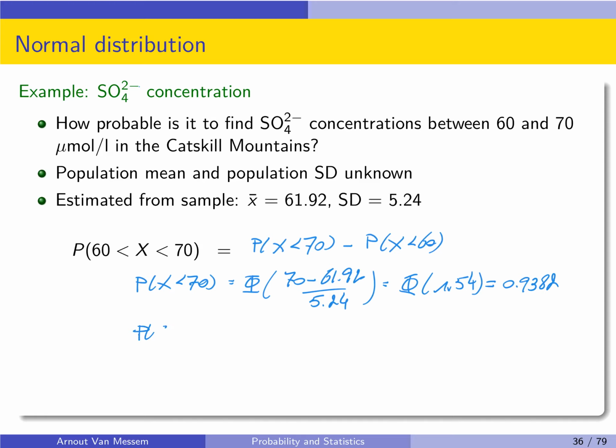In a similar way, you can calculate the probability that x is smaller than 60. This gives you a phi value of minus 0.37, and for this one you will find that the probability is 0.3557. The probability that we are looking for is the probability of x between 60 and 70. So we take the probability x smaller than 70, which is 0.9382, and we subtract the probability x smaller than 60, which was 0.3557. And the probability that we attain then is 0.5825. So the final answer is 0.5825 or